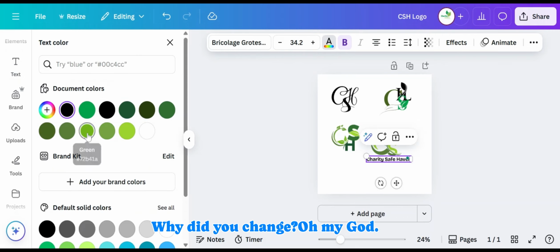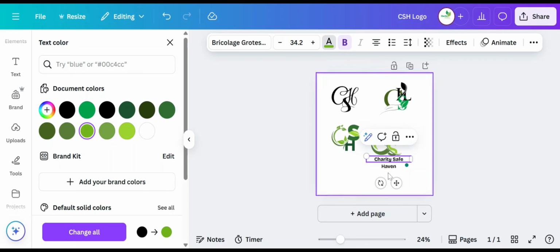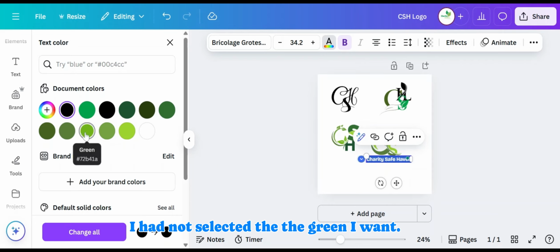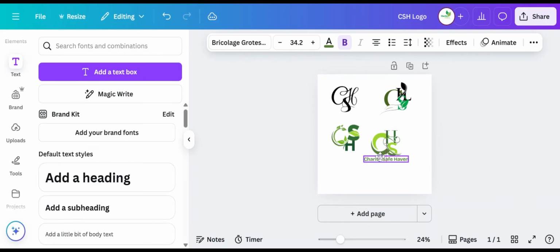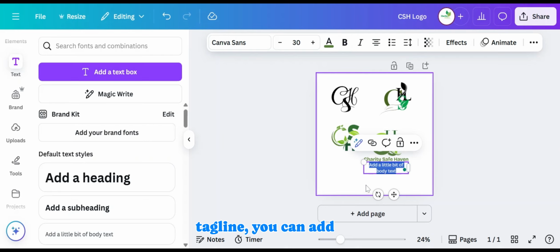Why didn't you change? Oh my god. I had not selected the green I want. I don't know, guys. Do you like this green? And then if you have a tagline, you can add